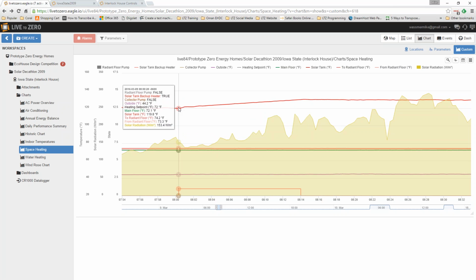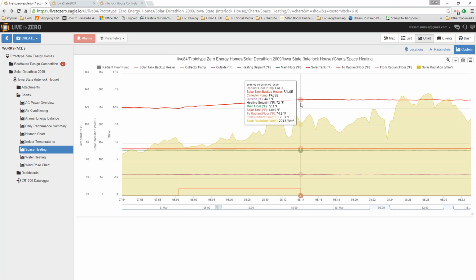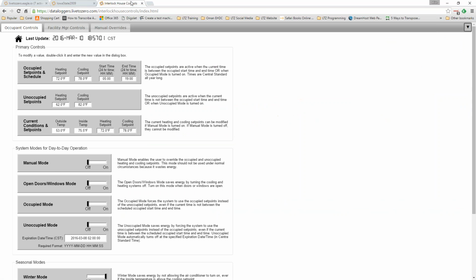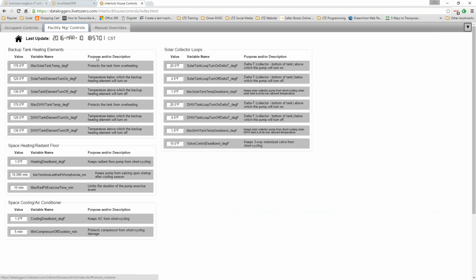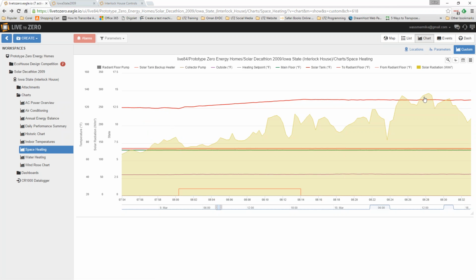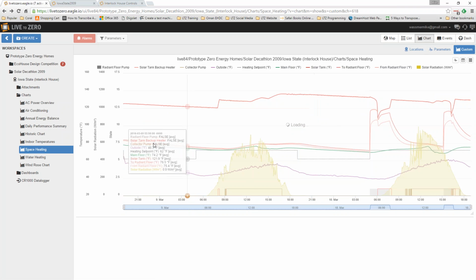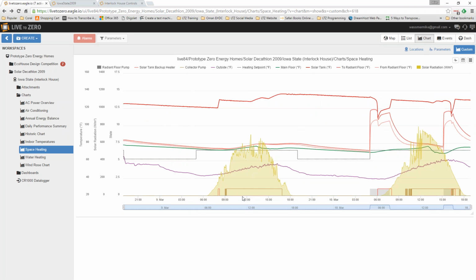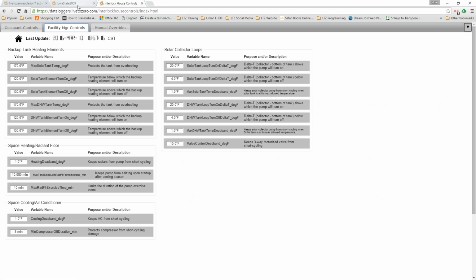After that happened, the heat stayed on until it reached 130, which is the point at which it's programmed to turn off. These set points are in what I'm calling the facility manager controls. So the solar tank element turn on is 120 and turn off is 130. That's how you would figure out what's going on there. And of course there are all sorts of things changing here. But using these three screens, the controls interface, where I've tried to put all the set points,